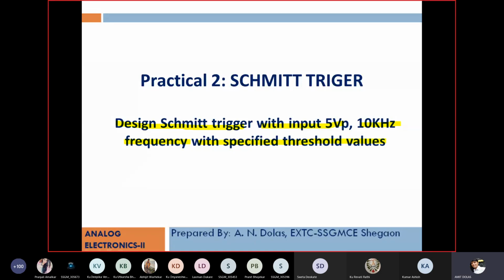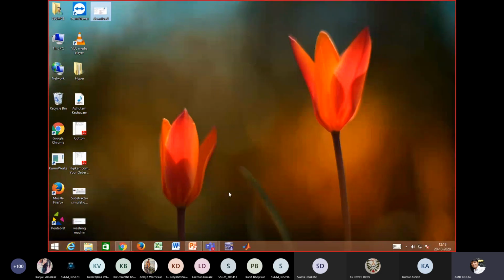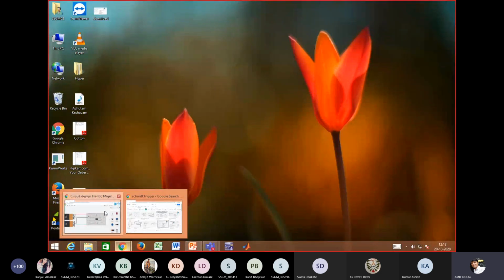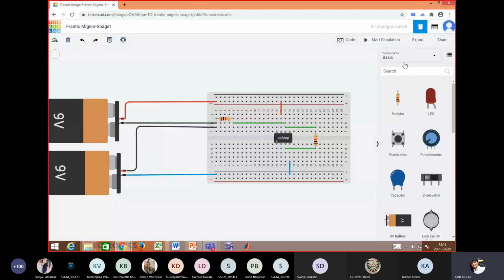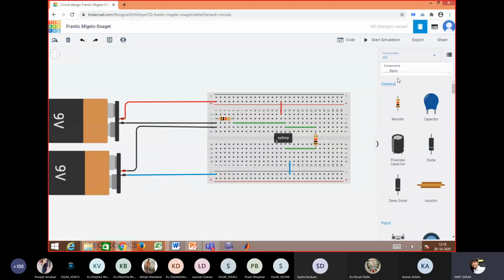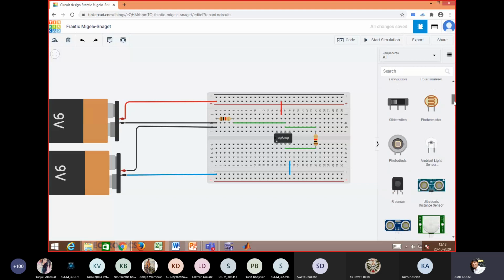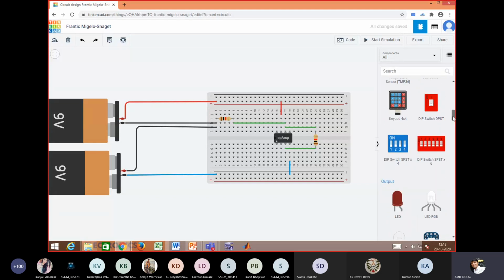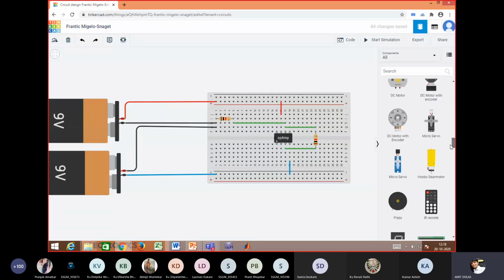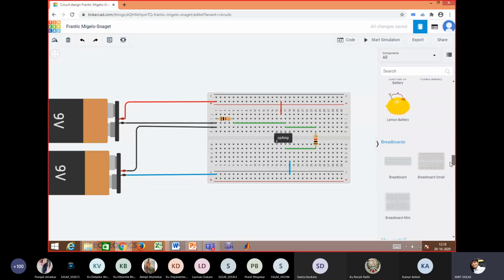So we'll apply it. 5 volt peak means it will be 10 volt peak to peak. So we'll go to Tinkercad again and we will see the function generator in the component list. So here you can see various components are there.